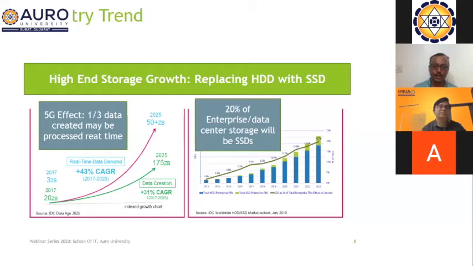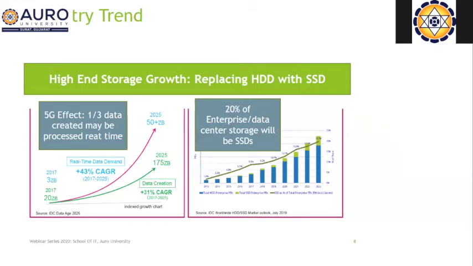That is why you still see this, because the world needs to store 175 zettabytes of data by 2025. So there will be a market for hard disk, which is slow storage, and at the same time there will be